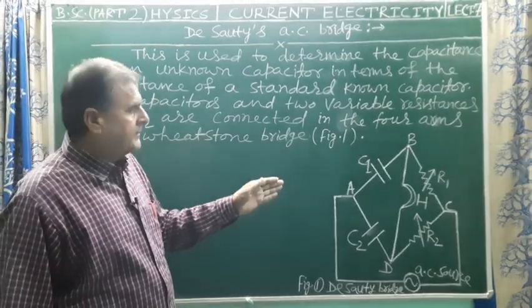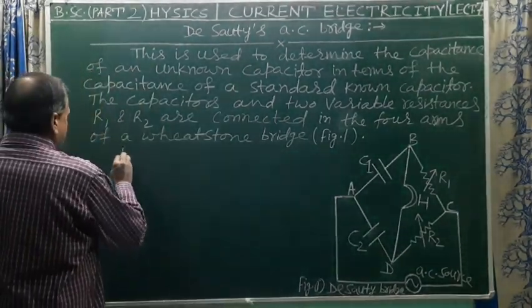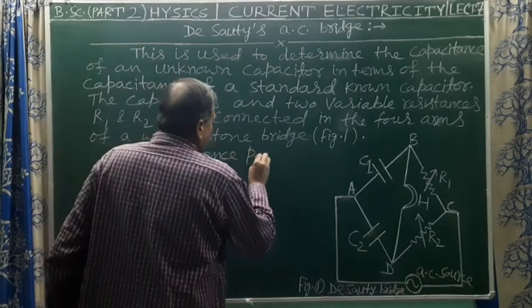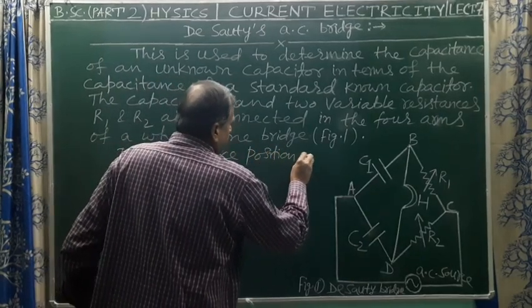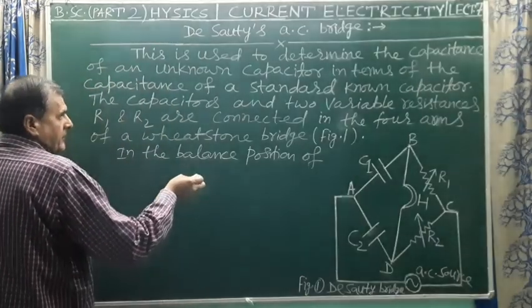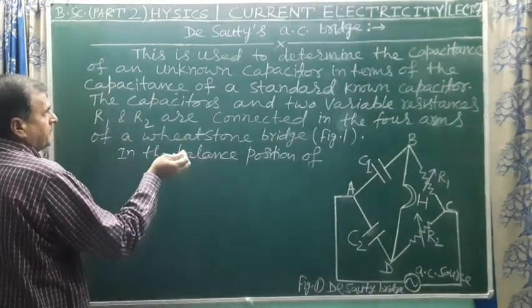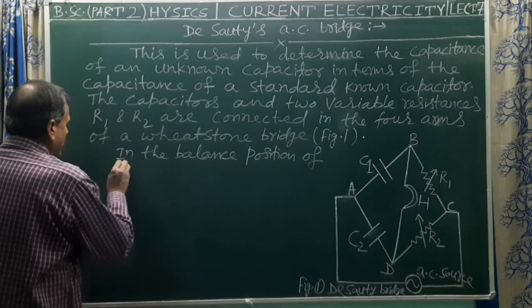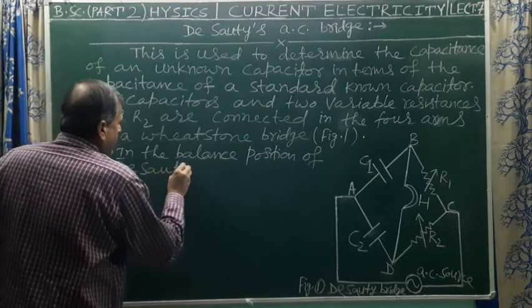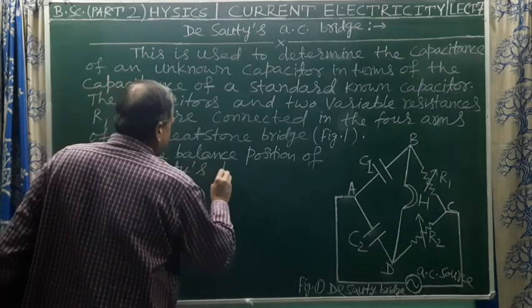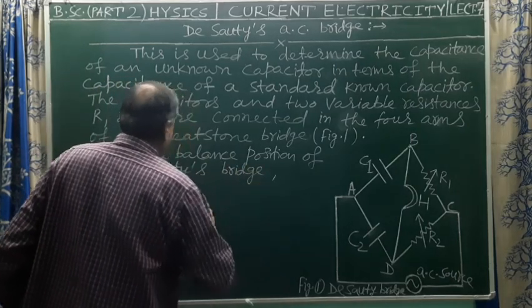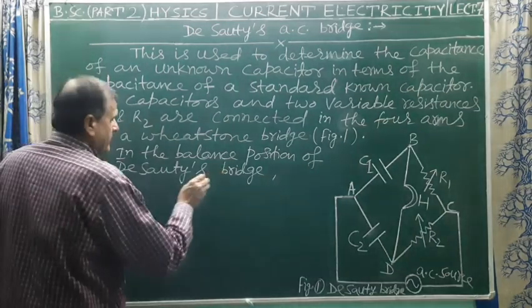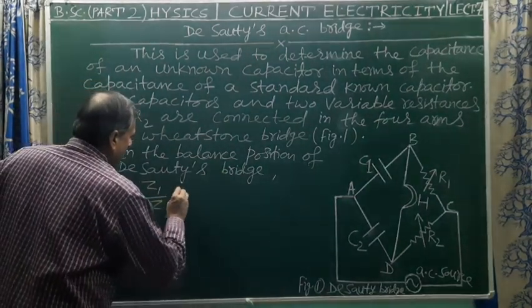In the balance position of the Sauty bridge, an AC bridge, the condition of balance is Z1 upon Z2 equals Z3 upon Z4,